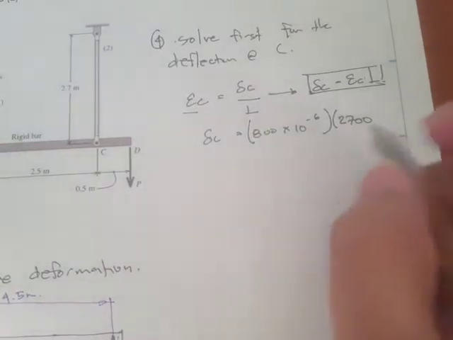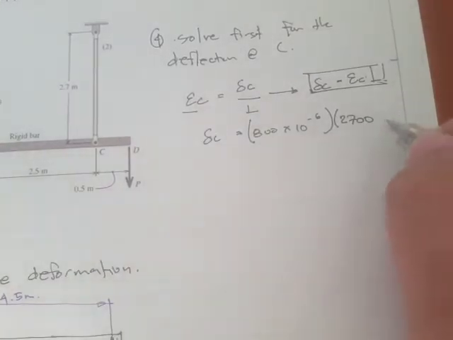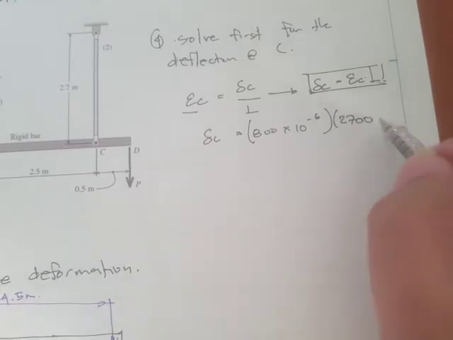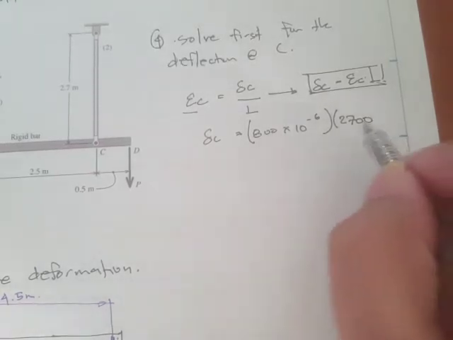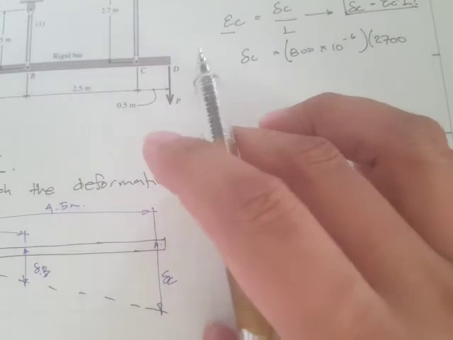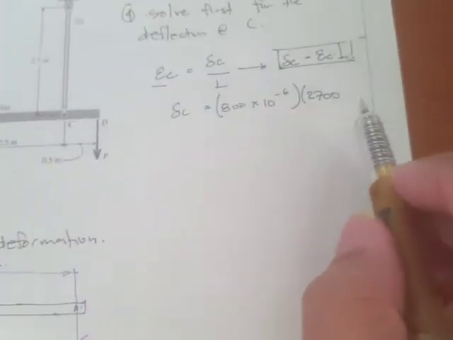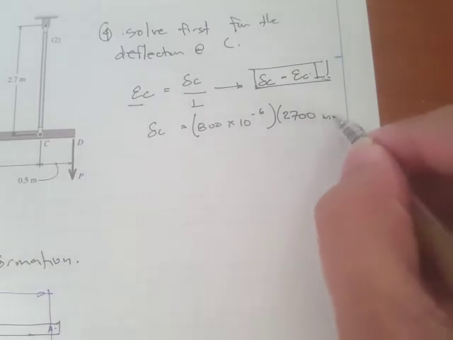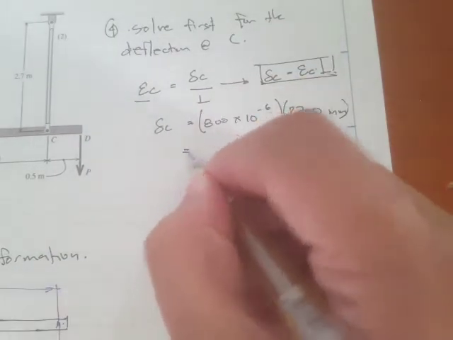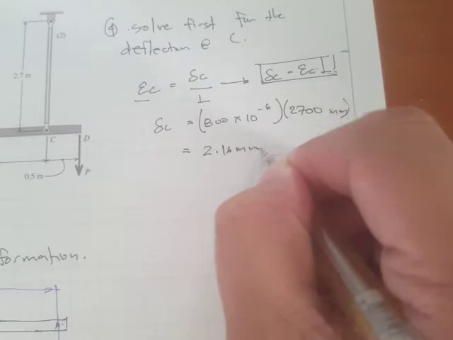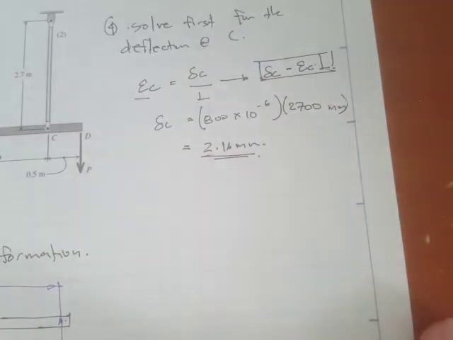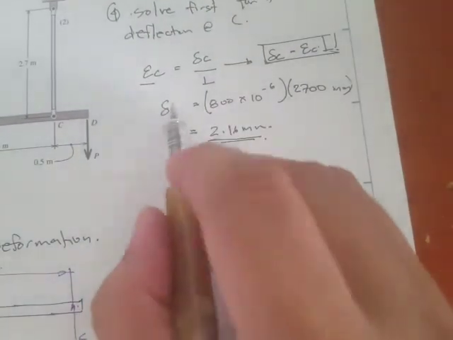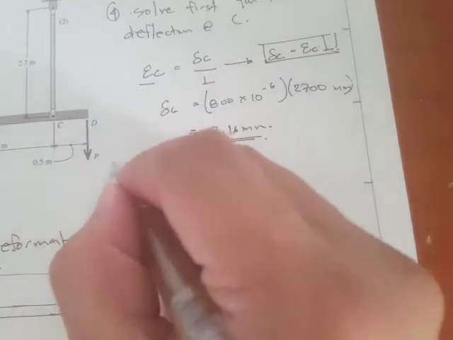Let's express this in terms of millimeters. If you express this in terms of meters, the deflection is usually just small, so typically it's just expressed in mm, so 2,700 mm. So this is 2.16 mm. Okay, so once you have this, then